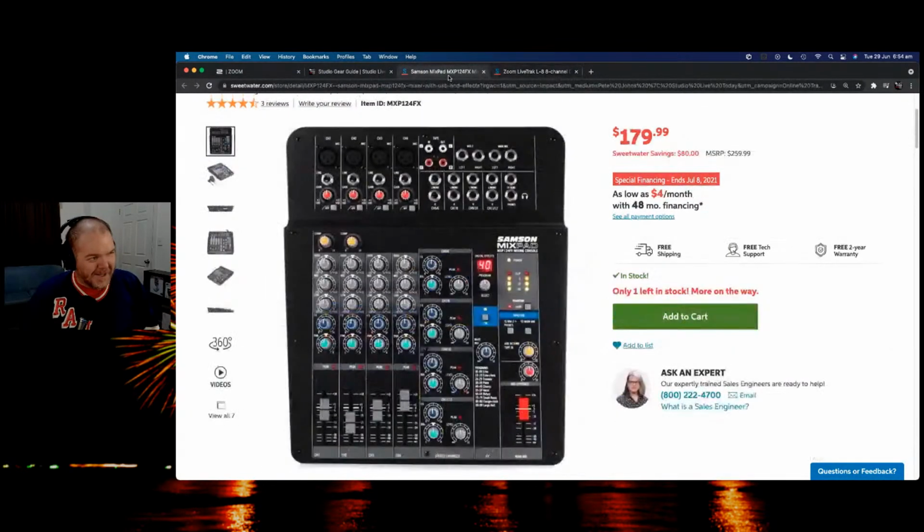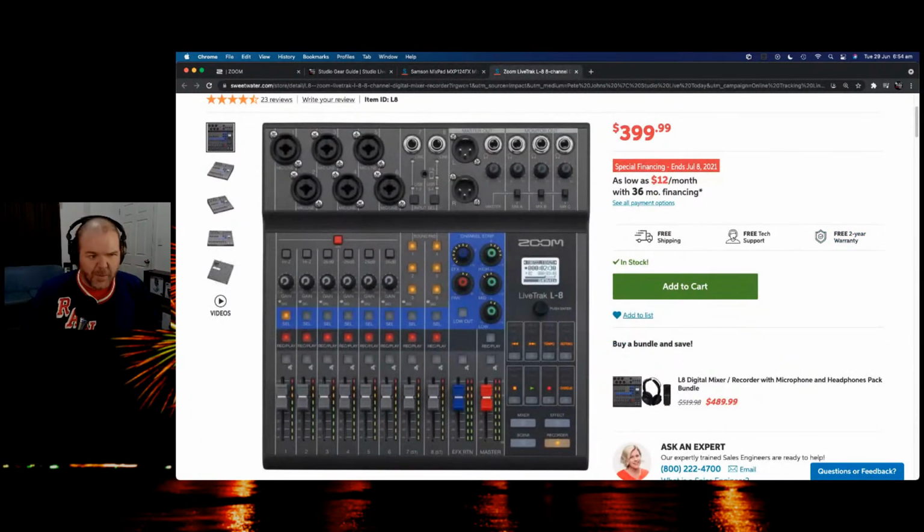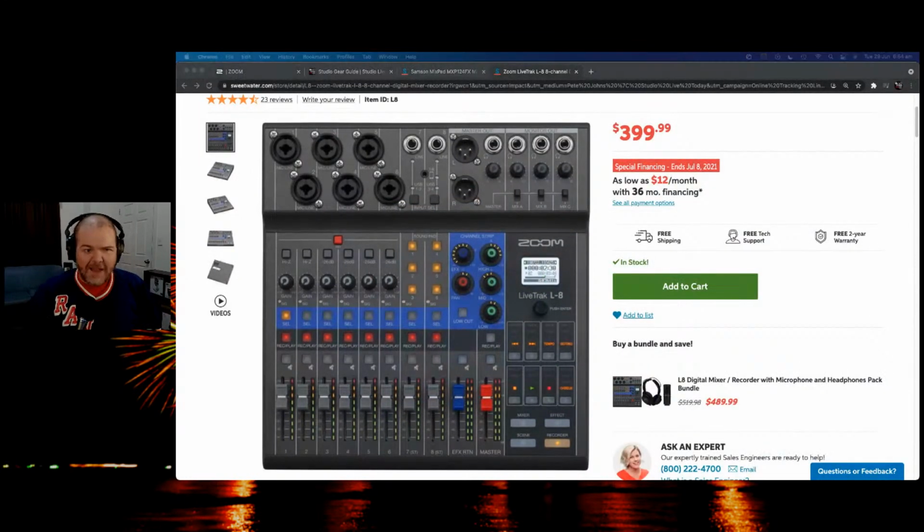So the reason that I'm using this one is that it's class compliant, meaning it didn't need a driver to run, and I've been able to use it here with my Mac. But I'm looking forward to switching back to the Zoom and finally having a little bit of Zoom in my life on the Mac. So that should be good.